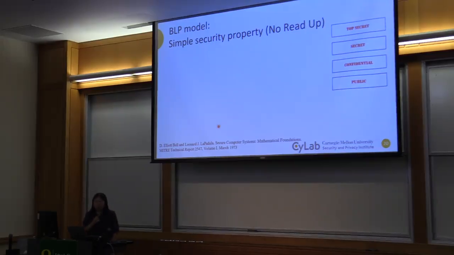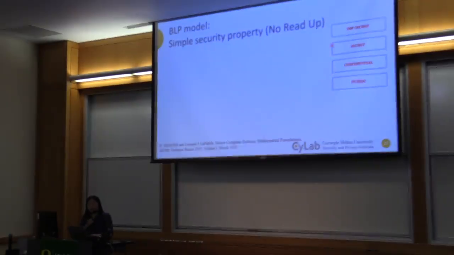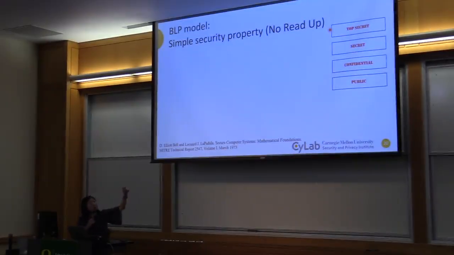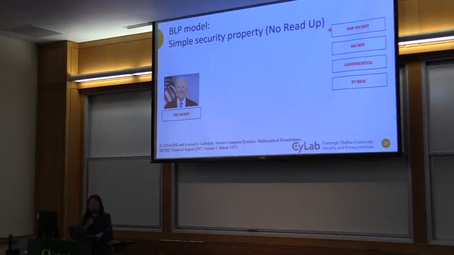The first one they call the simple security property. To me, I call it a policy, but it doesn't matter. It's called no read up. The idea is that if you look at the labels, as you go up, the more secret the data is. So if you have a lower label, you're not supposed to read anything that's higher than your clearance, right? That's the intuitive read policy here.